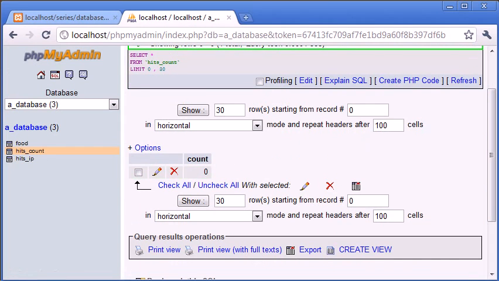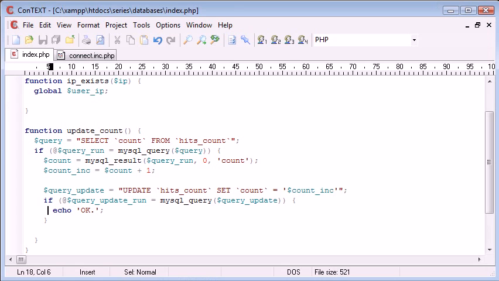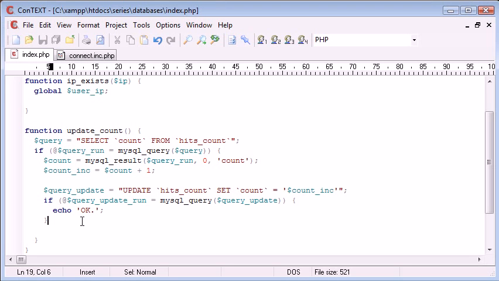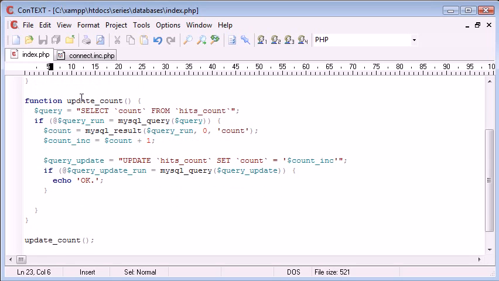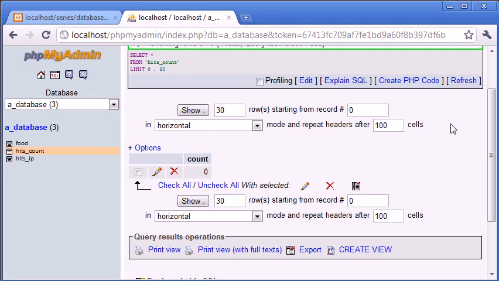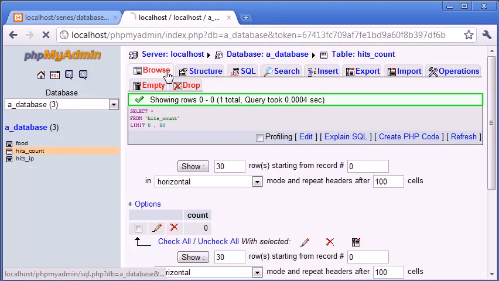So our count is on 0 at the moment. Now, with everything I've explained, this should, when we refresh the page, call this function. We're calling the update count function down here, and it should update the value and increment it by 1. So let's refresh, and we've got an OK value back here. Let's go back to phpMyAdmin and click browse, and you can now see that count